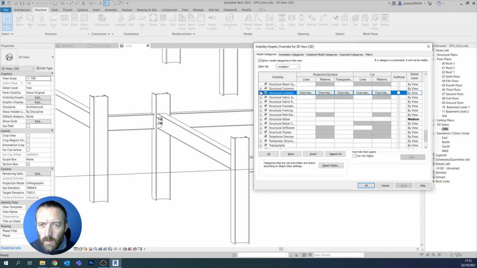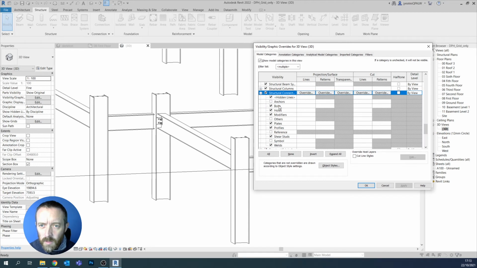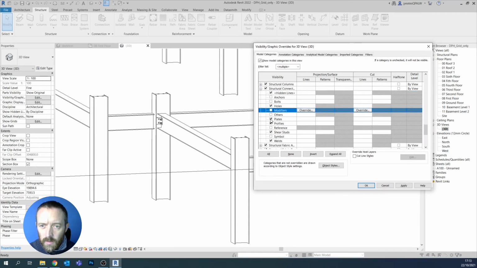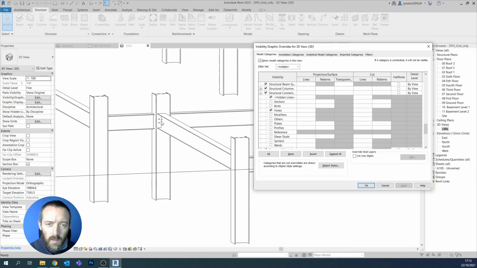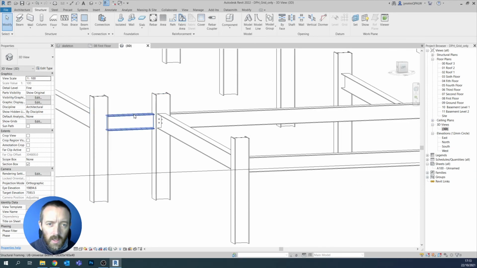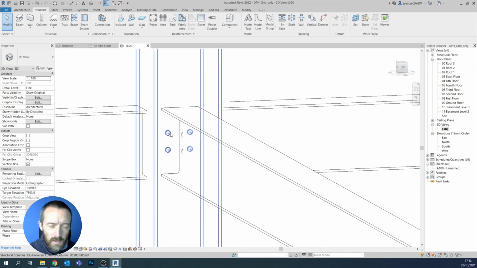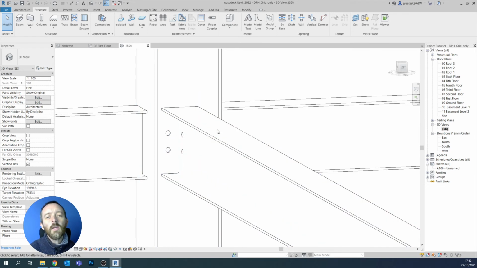connections, okay, so firstly some of these things might not be ticked. So you probably come in here and these are the only things that you'll see. So you click OK, and you can see that the only things we actually can see are the holes. So when you go into a fine view and you just see the holes, okay,